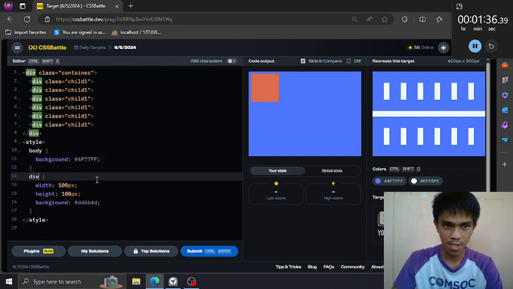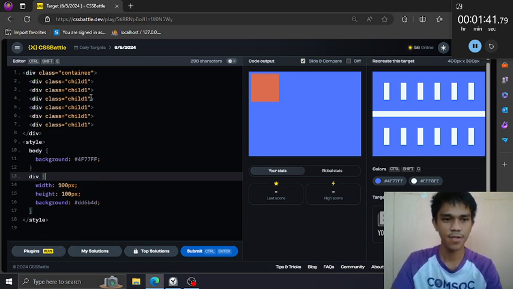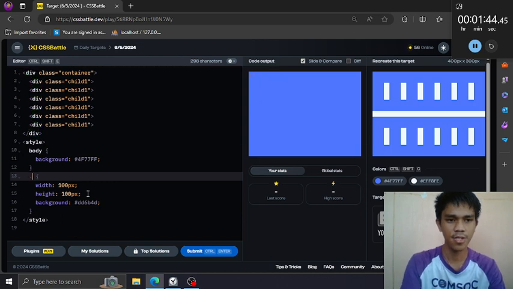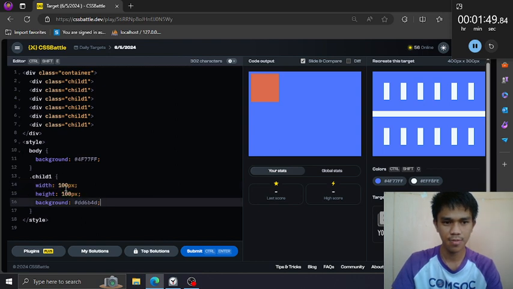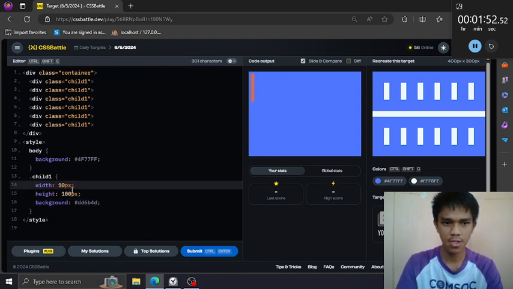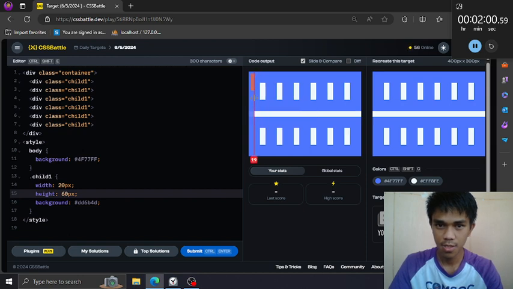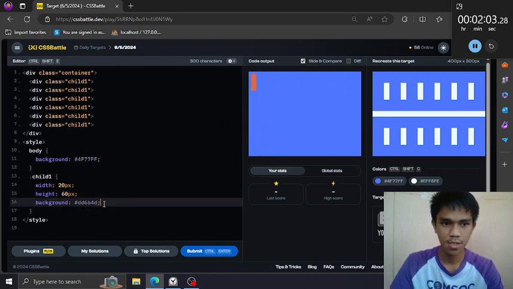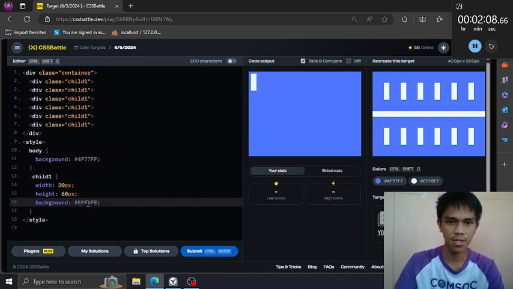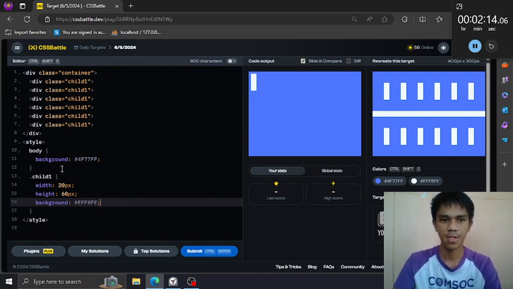Okay, let's apply width and height for the child 1. For all these child 1, they have the width of like 10 or 20, then the height of 60, and of course they have the color white. Yeah, that's it.